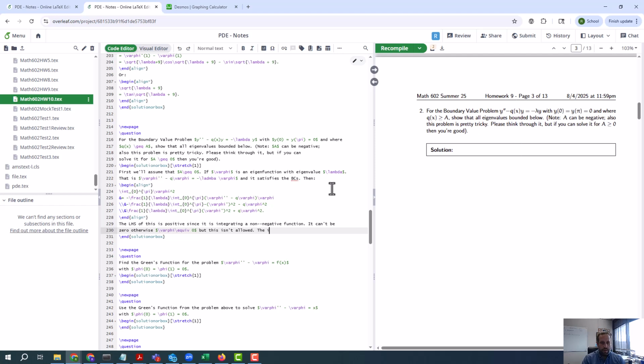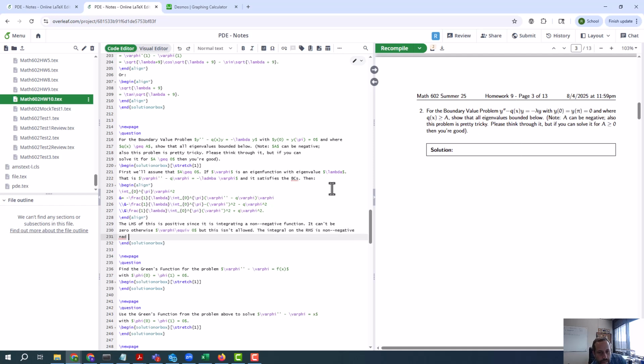The integral on the right-hand side is non-negative and can't be 0, since then the right-hand side is 0, but the left-hand side is positive. Okay, so what it means is that the integral is positive, so then